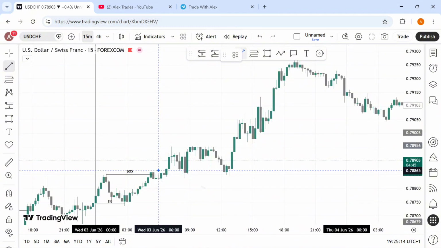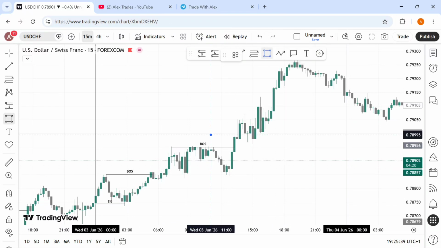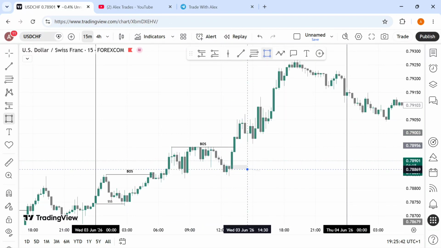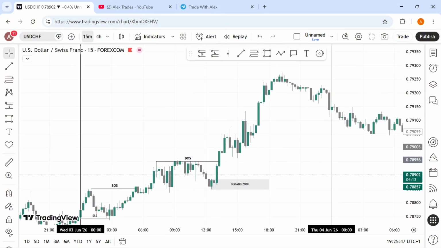That break of structure is not valid, just because the bearish candle after this didn't close below the close of this one, so we'll not take it as a valid one. We can take this, however, as a valid break of structure. But price didn't come back down to this demand zone for us to take a trade off of. Anyway, after that, it came back,